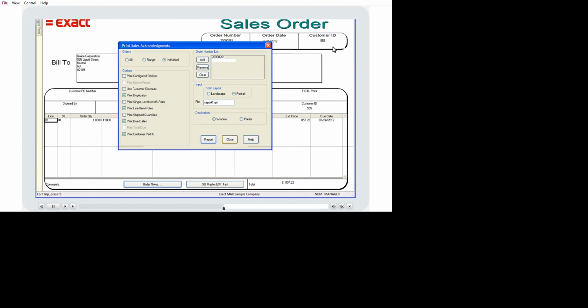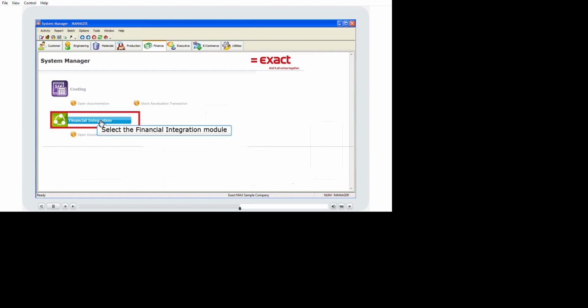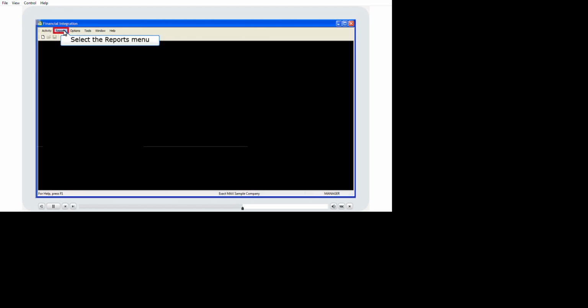Now let's take a look at the note as it appears on an invoice. Click the Close button to exit the Print dialog window. To take a look at a sample invoice for a shipped sales order, we will need to open the Financial Integration module. So click on the Finance tab from the System Manager. Then click on Financial Integration to open the module. Click the Reports menu,